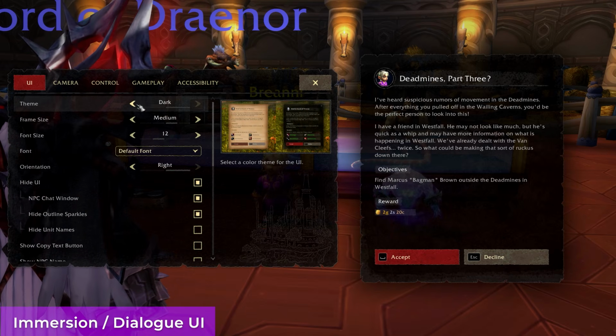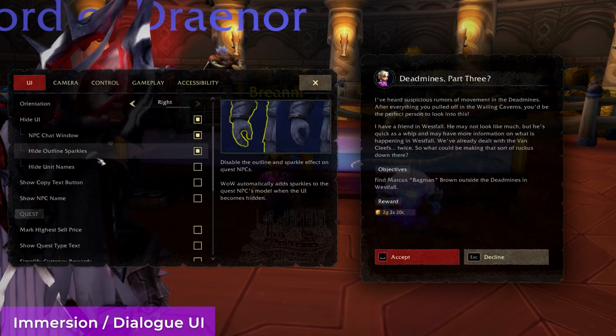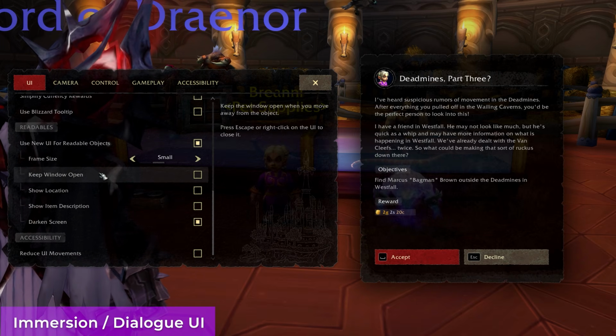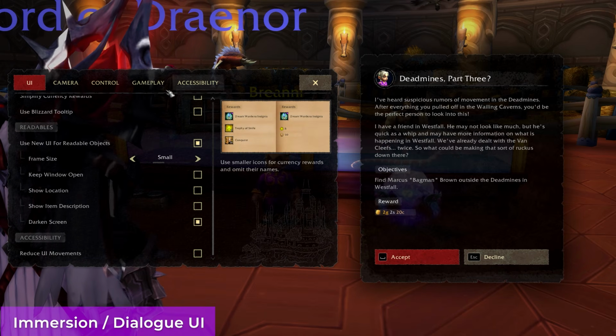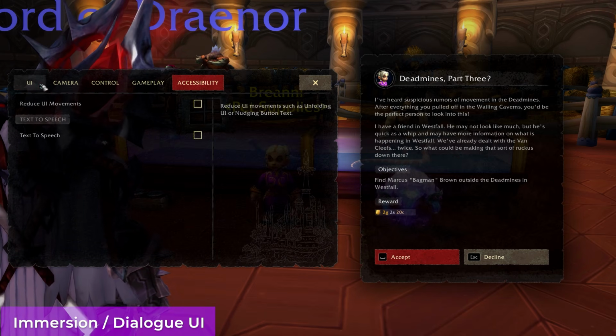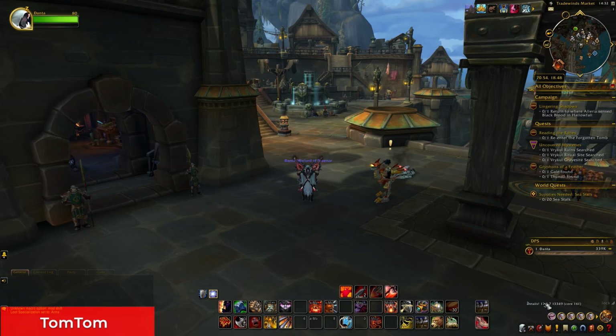Now I actually use both add-ons depending on what I'm doing. If I'm rushing an alt to max level, I will use Immersion for speed. But if I'm doing content that I've never done before, I will switch to Dialogue UI. So yeah, if you want to change up how your quest and gossip frames look, I'd definitely recommend checking out Immersion and Dialogue UI. Next we have TomTom, which is pretty much a must-have add-on if you are doing outdoor